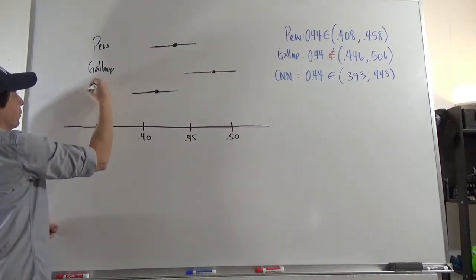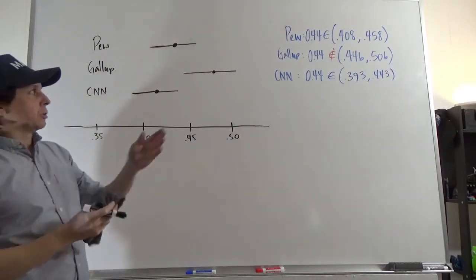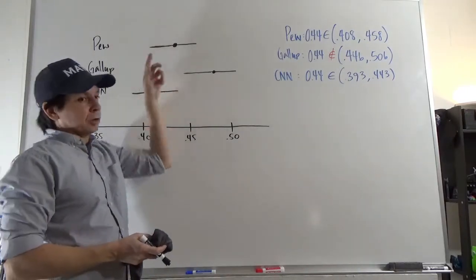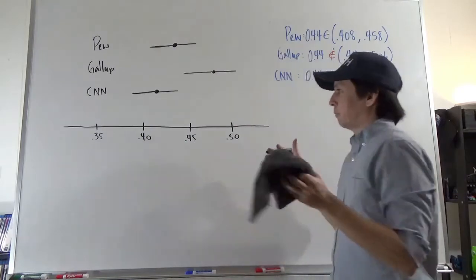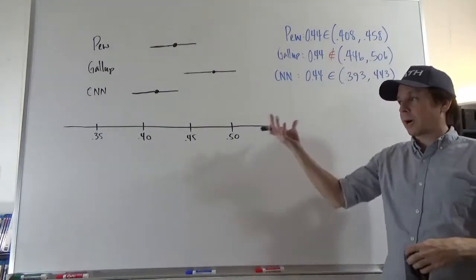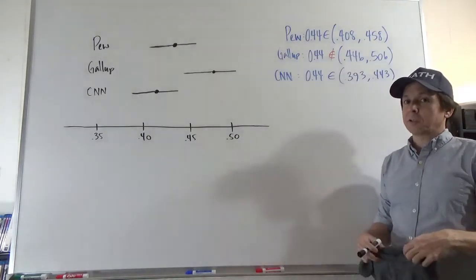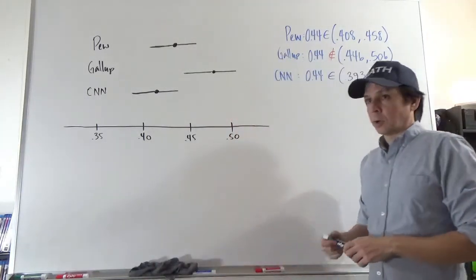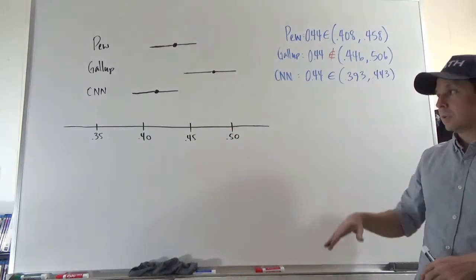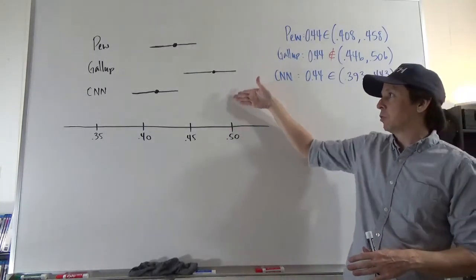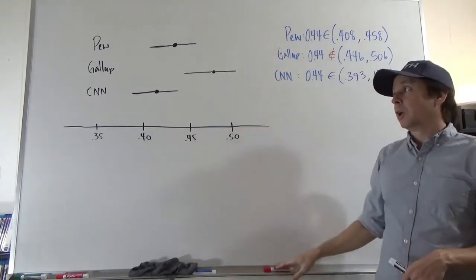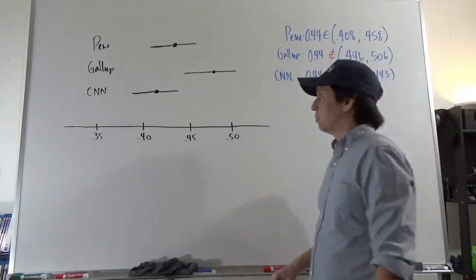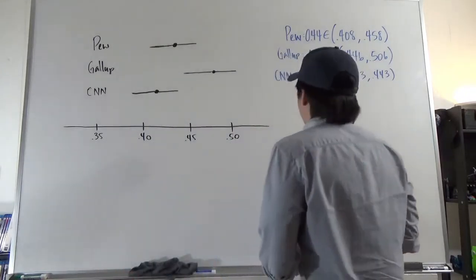And so you can see, Gallup had the highest prediction just by randomness, CNN had the lowest, the point estimates are all over the place, but they're all roughly around the 40 to 45% range, so they're kind of pinpointing where it is. You're definitely not going to get an 80% approval rating based on this data. It doesn't look like it's anywhere, maybe a little bit above 50%. Gallup says it could be 50%, but the rest are saying, nah, he or she didn't crack 50% approval. Anyway,